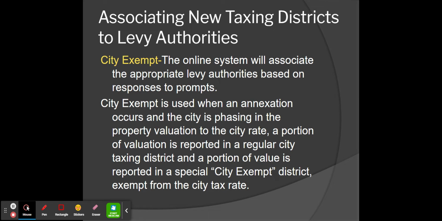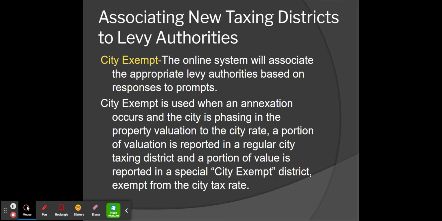So what happens is that you are reporting the value of those partials, I should say, within two different tax districts. Some that is fully taxed and includes the city tax rate, and some that is exempt from the city tax